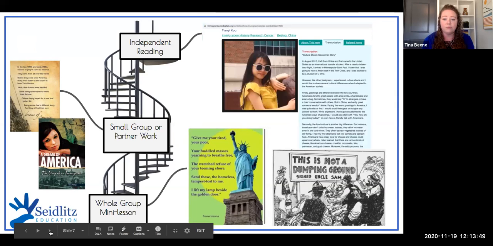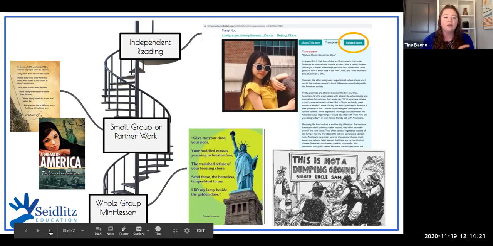And I just picked one person, and I showed you her picture, but actually what you would see is a video. They recorded video of themselves. And then there's a transcript of the video that's available so you can read along with them telling their story of immigration. And then also the related items include a link to a Google Doc. If you take that, students can have that read out loud to them later. They can practice fluency with that. So there's a lot we can do with the literacy aspect of this besides just having them watch the video and read along.